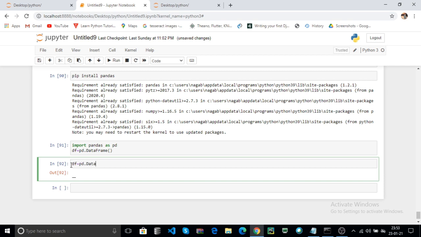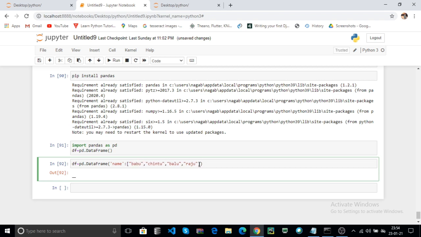pd.DataFrame. Here I pass, for example, key and value pairs. For example, the key is name, and I pass an array as the values: Hello, Chintu, Balu, Raju, Babu.